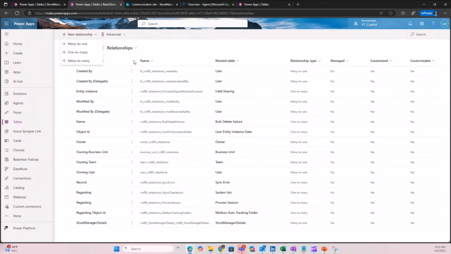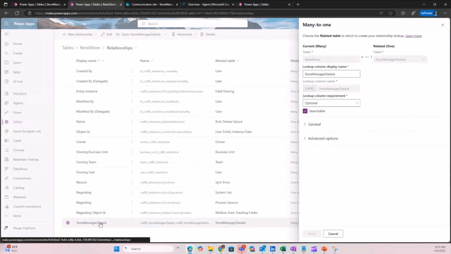This is a native table, and we are going to create a relationship between a native table and a virtual table. In the interest of time, I had already created a relationship, so this is how the relationship looks. I have created a relationship between the native table and the virtual table, store manager details. It shows which column I wanted to be referenced in the native table. And so that's how the relationship is built.